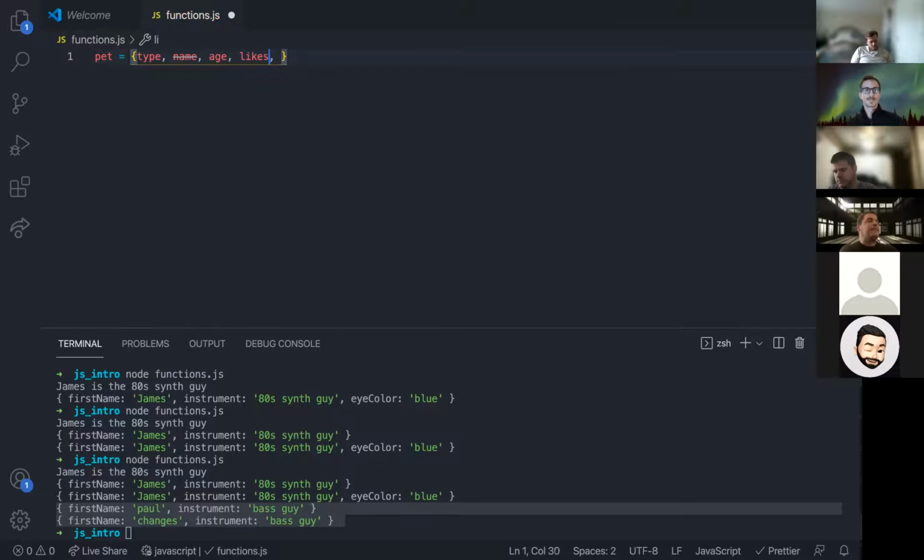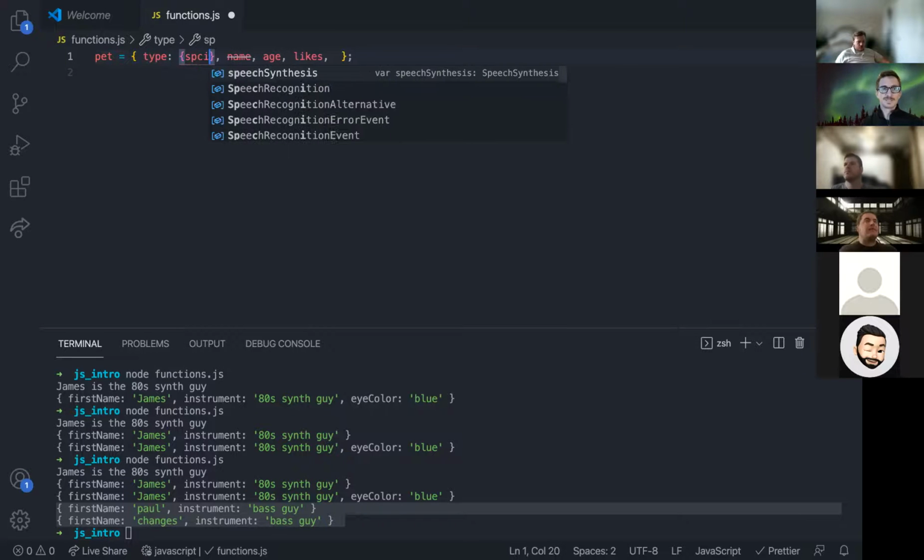We'll do a little competition. Anything else? Let's think of an array of something. So we have some strings. Ooh, let's have a type. This is going to have species